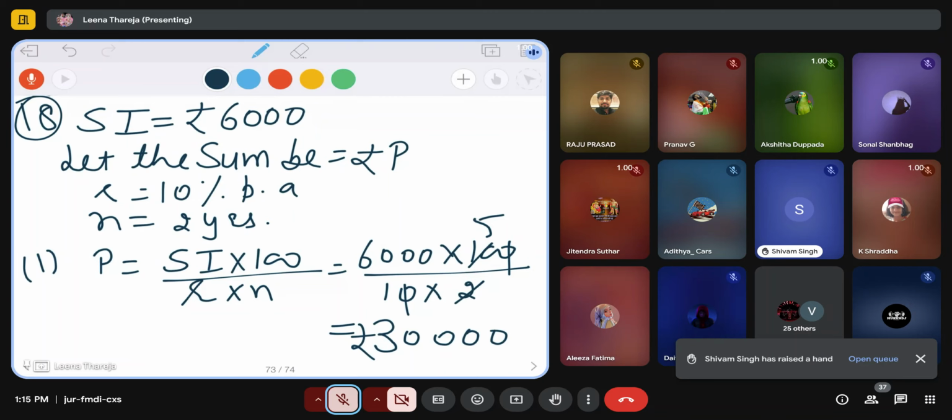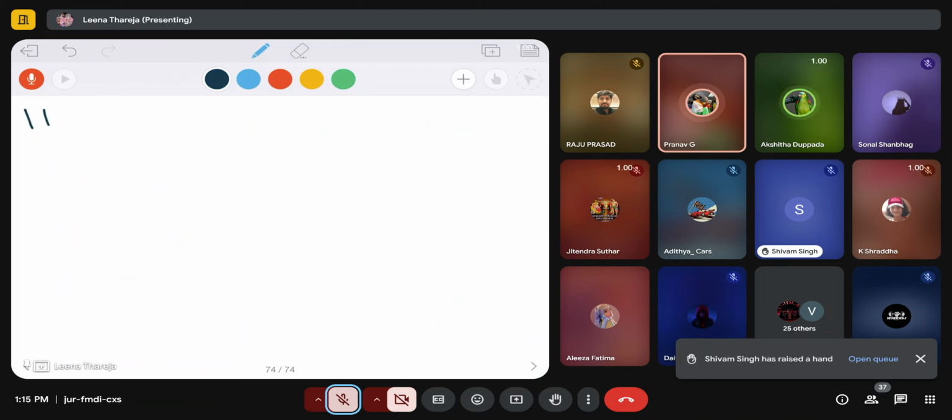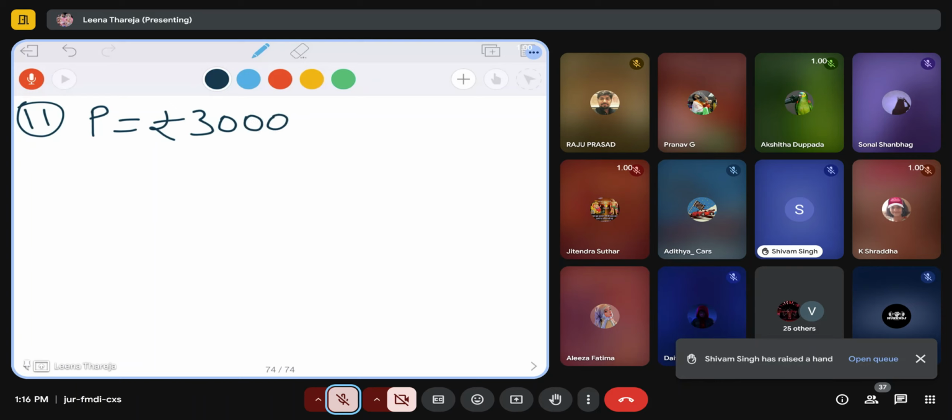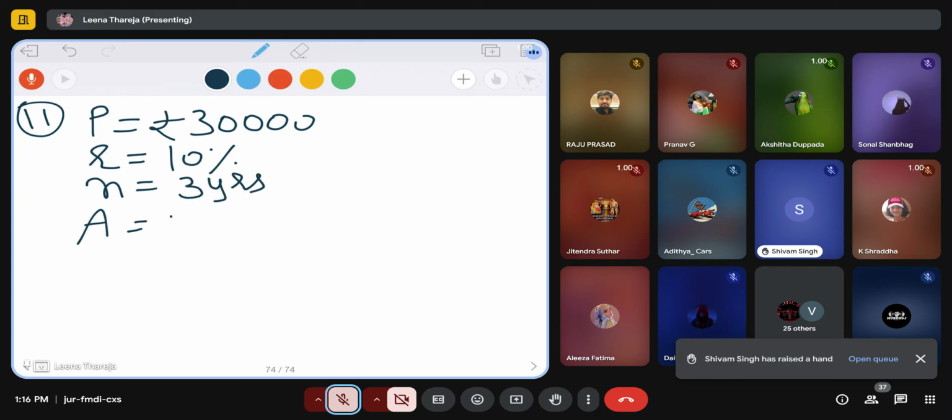That means they are talking about the compound interest formula, that amount they are talking about, right? So when you are having compounded annually, what is the formula to calculate the amount? Amount formula when it is compounded annually: P into 1 plus R by 100 to the power n. Yes, that only. Now what is P here? How much is the P we got? 30,000. How much is the R? 10%. What is the time period? 3 years. You know that formula when you are having compounded annually.